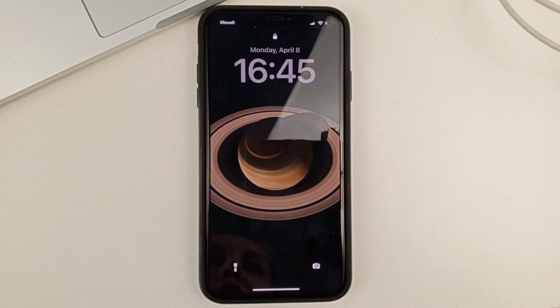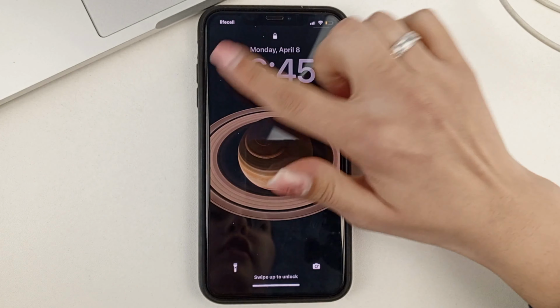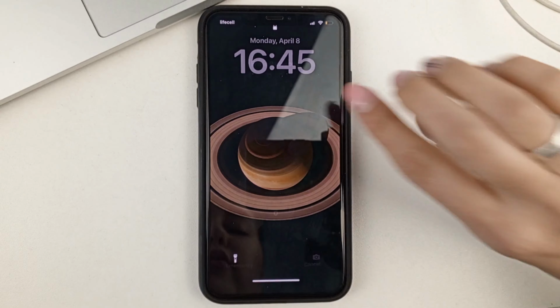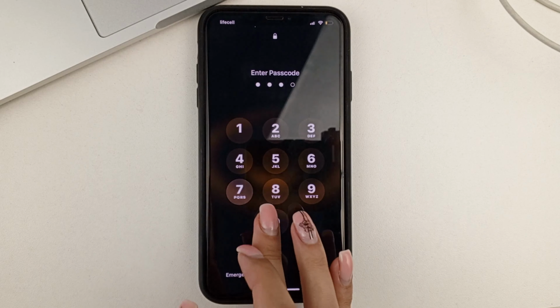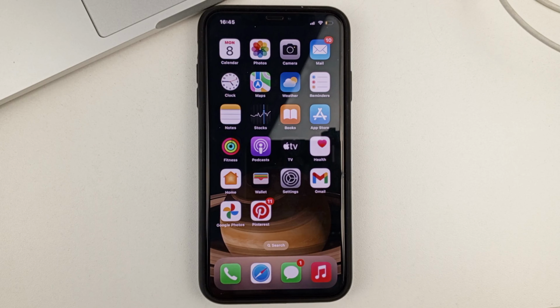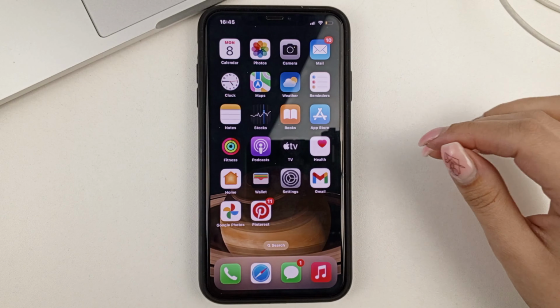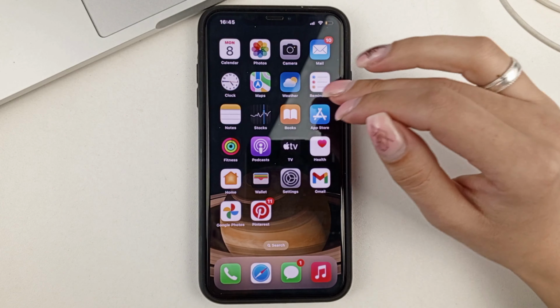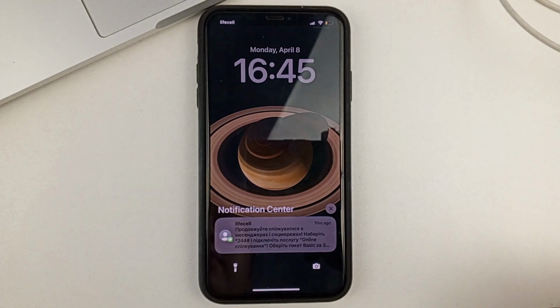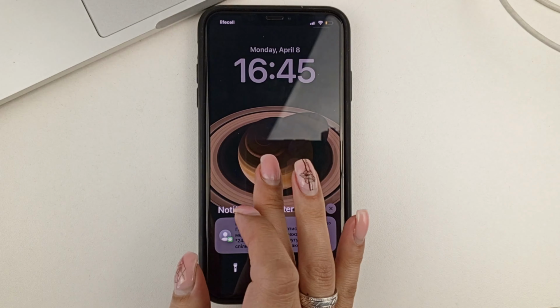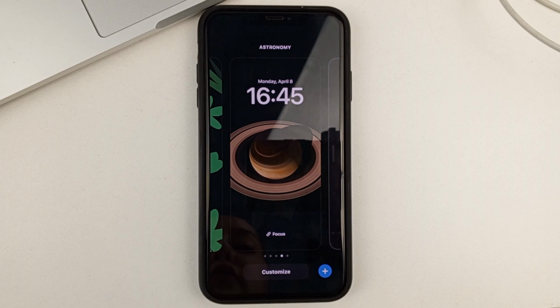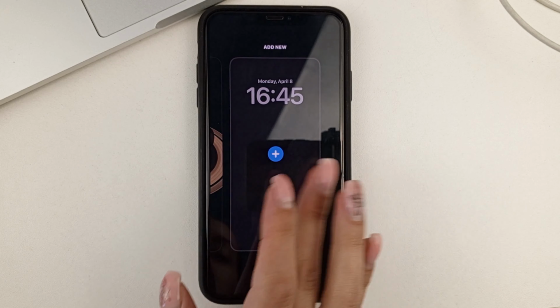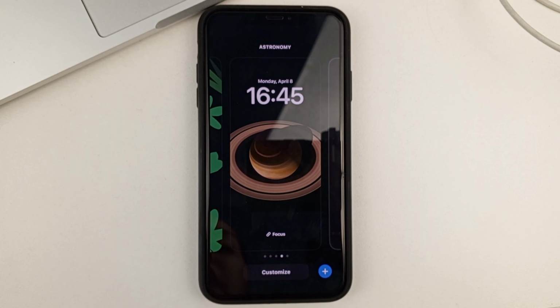And let's get started. So, let's say you're not satisfied with the appearance of the clock on the lock screen, you want to change it. Then unlock your phone, after which on the left side, swipe down with your finger. Now, tap the picture to go to these kinds of settings. Then at the bottom, you press this button.